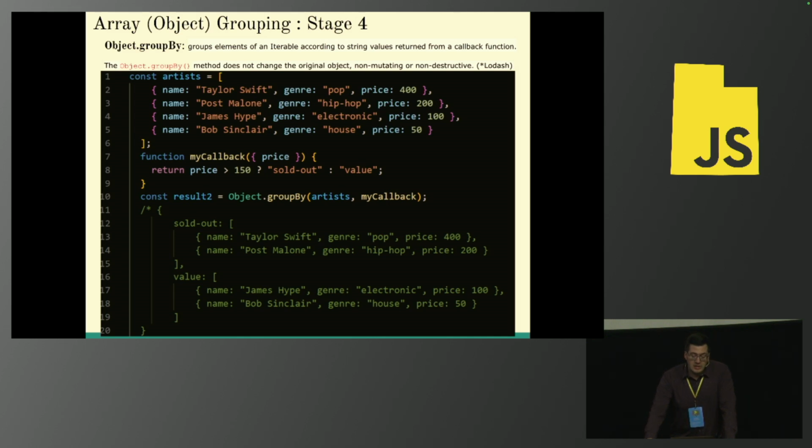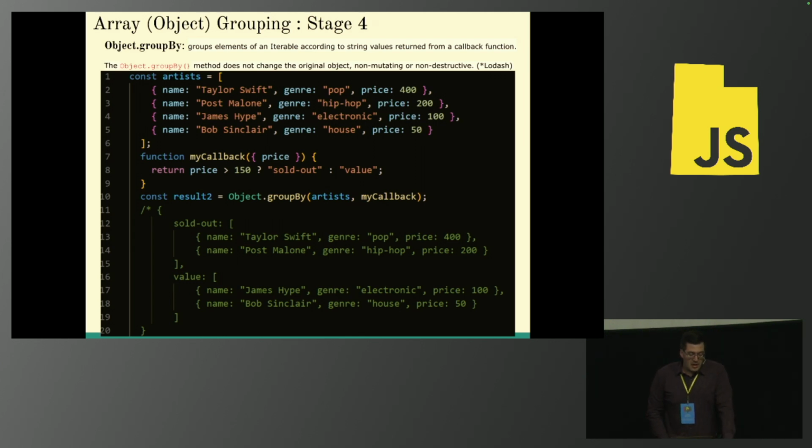Another addition to the standard in stage 4, so good for use, et cetera. Always check the browser compatibility, but typically if it's in stage 4, someone probably did a polyfill for it. Object.groupBy, and actually, someone probably did a polyfill for the older versions. Firefox not implementing it, you might just be out of luck. Mind you, I think all the major browsers did this one, but it's always good to see that state, if you will.